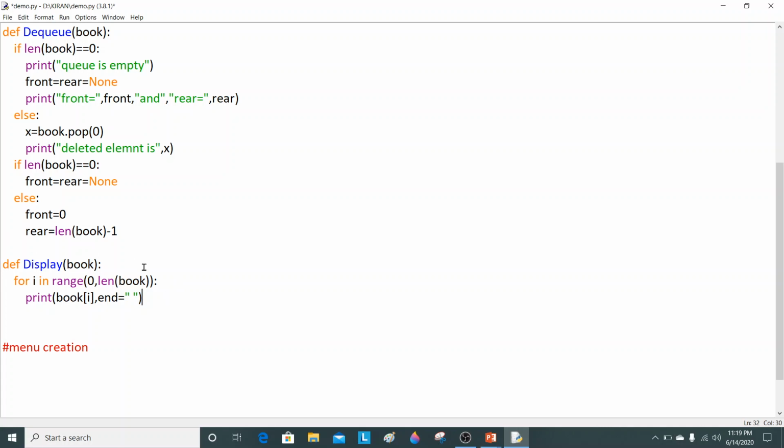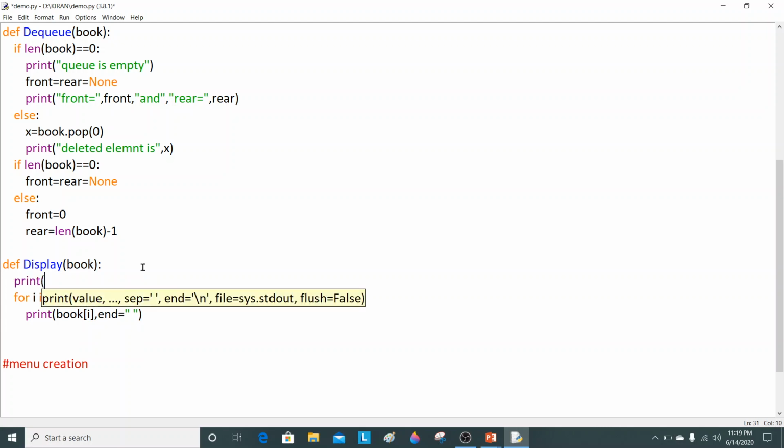Now, I want to display the front and the rear elements. For that, I am writing a simple print statement. Print, in quotations, I am writing front, then an arrow. Now this statement will just print the word front and the arrow mark.